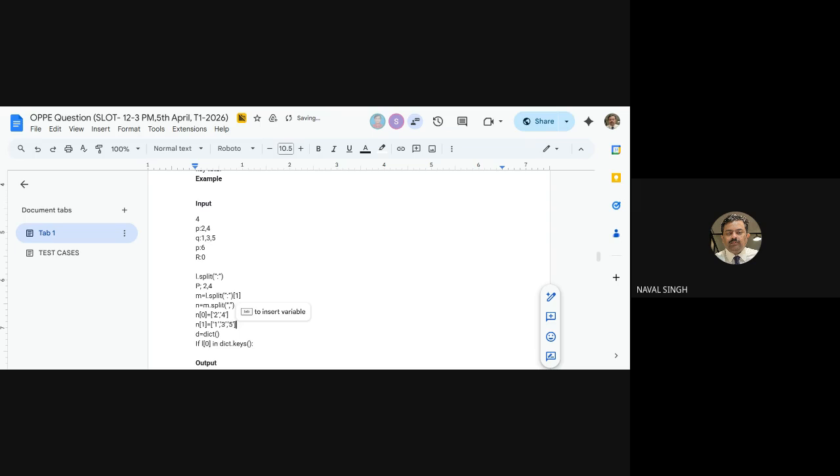ठीक है, अब आपको क्या करना है? इफ L0 in DICT.keys, suppose L of 0 is what? First part. यार की में मिलता है, तो what will you do? Suppose DICT.key is DICT is what? D is in D.keys, then D of L0 is equal to D of L0 plus